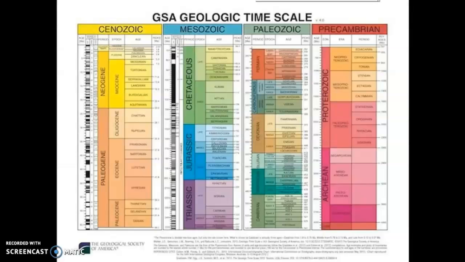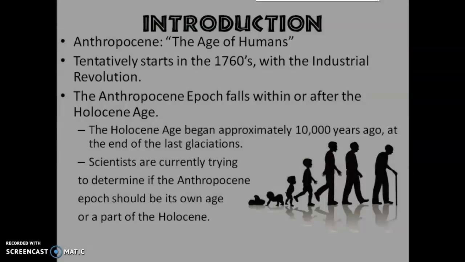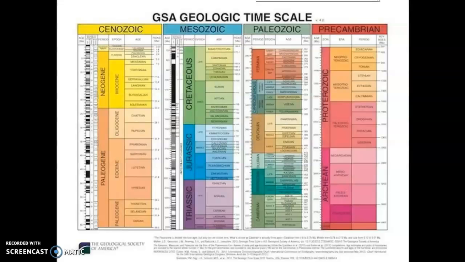Okay. So when we're looking at things like the Holocene, like you see here, and the Anthropocene, we're looking at this geological time scale. And this is what geologists do. They map out the time scale and label it based on what weather patterns were there, what type of rocks were there, and what type of living creatures were there at the time. And so they've got them all broken down.